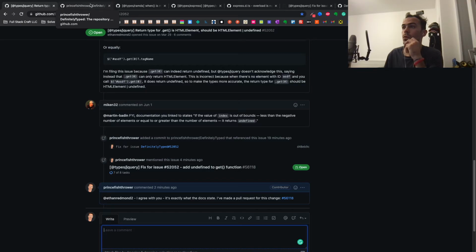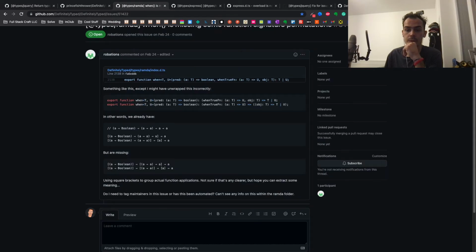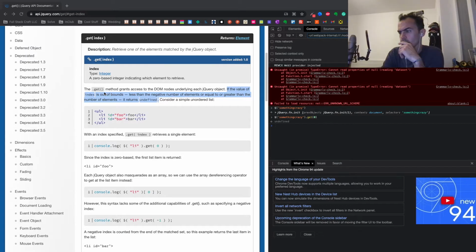So, moving on. What the heck is going on with draw frames? 10%. Types around, let us get into Ramda.